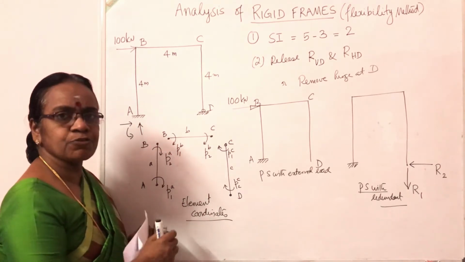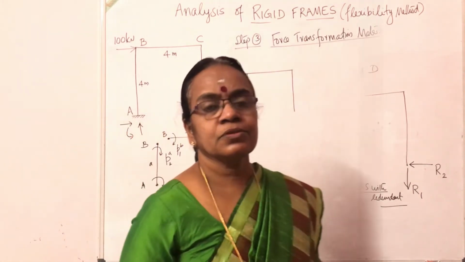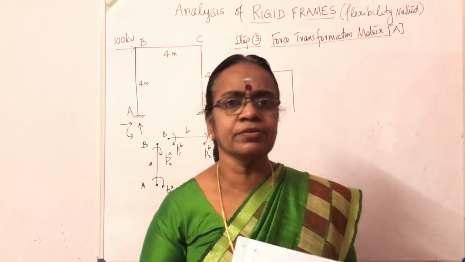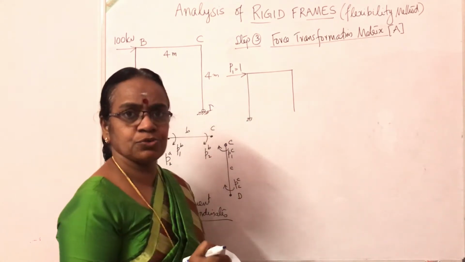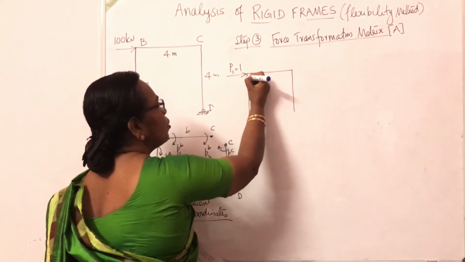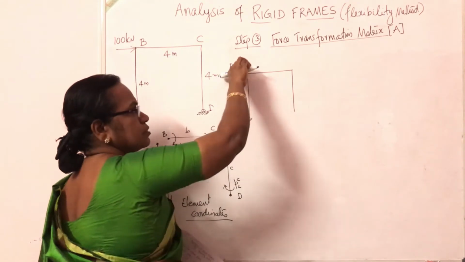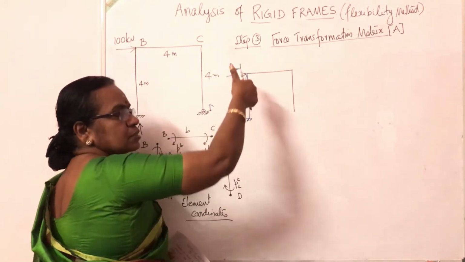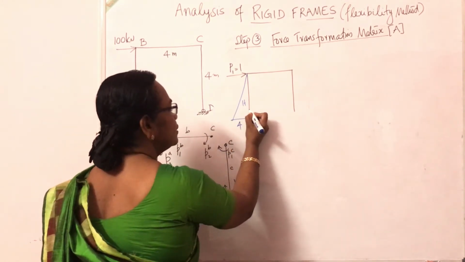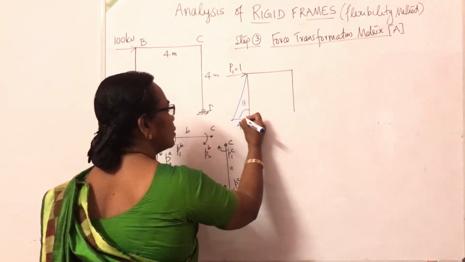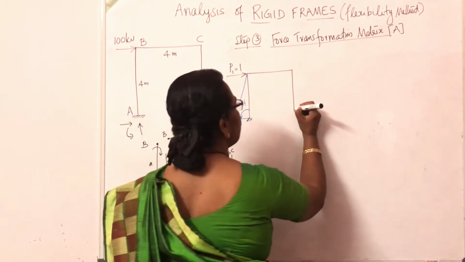So next step is we have to formulate the force transformation matrix. So the third step is to develop the force transformation matrix. For that I have marked the primary structure with external load P1 equal to 1. This load will produce a bending moment of 1 into 4, that is 4. This is a hogging moment. With this load in this direction, this will produce a clockwise moment or tend to bend the beam outward. It's a hogging moment diagram, drawn from the base to the ordinate. This is the direction. This is for P1 equal to 1.